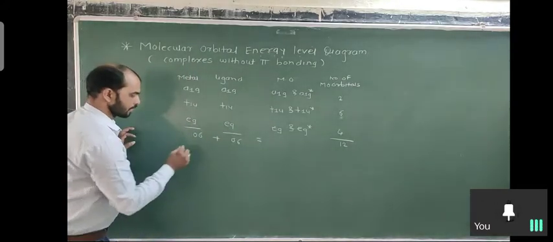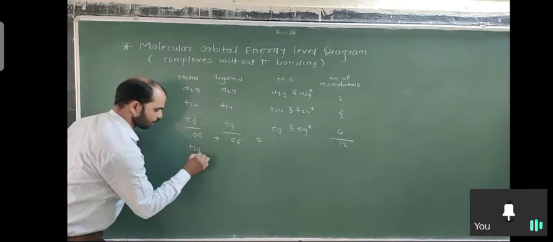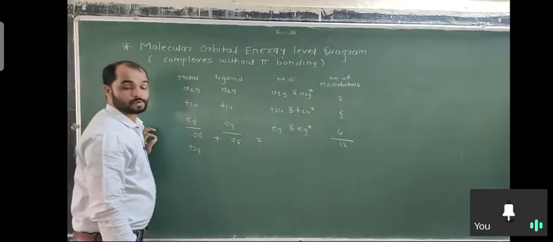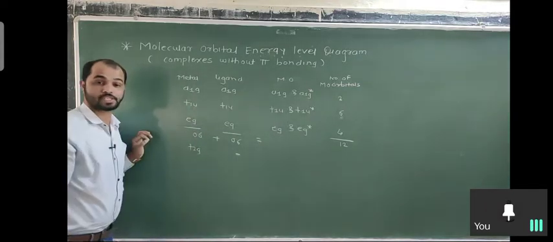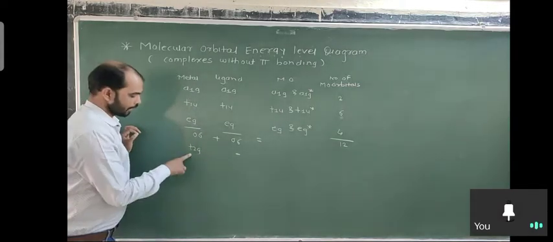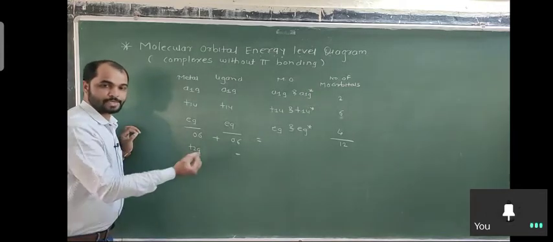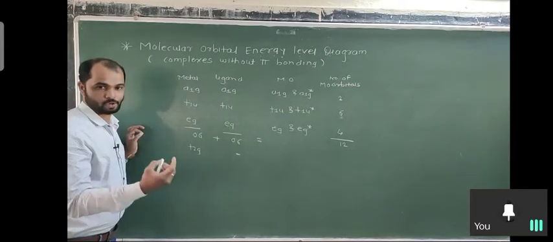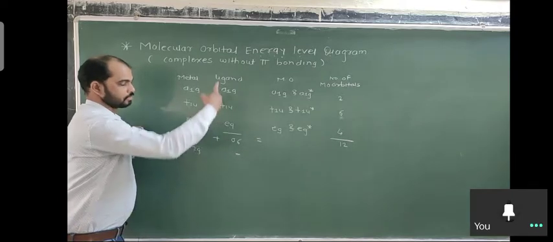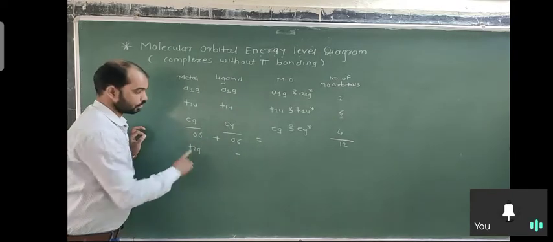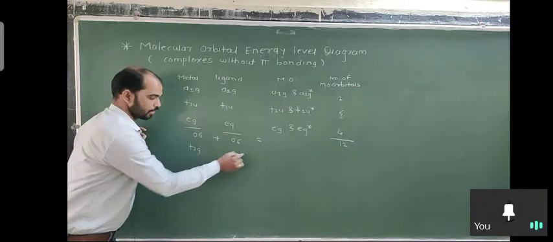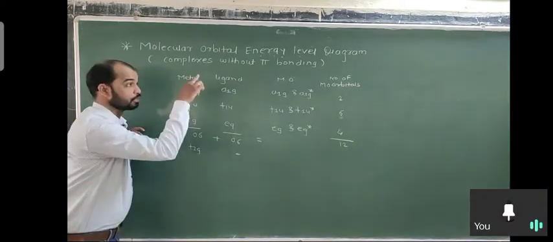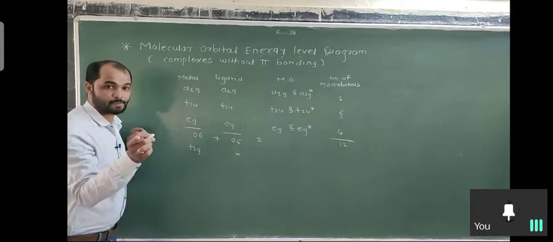On the metal side there is one more set of orbitals, T2G. But there is no T2G here because we consider only sigma bonding, and T2G specially contributes to the making of a pi bond. Here the ligand doesn't have pi orbitals, so only sigma bonding is considered. That's why there is no T2G in the case of without pi bonding. And in the case of pi bonding,